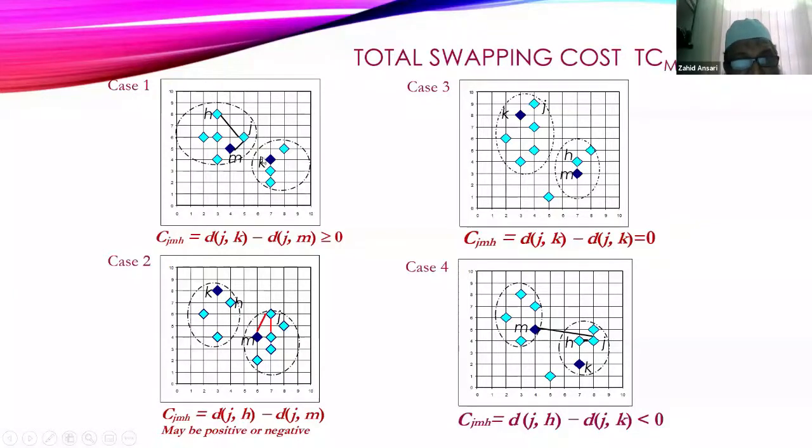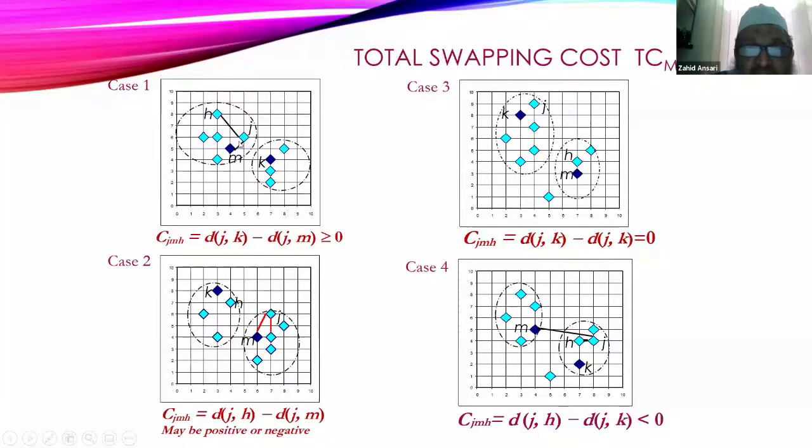If that is the case, the new distance will be djk. Earlier, when we were computing the cost, it was djm. So in that case, djk minus djm will be greater than or equal to 0, because we know that this point was closer to M.